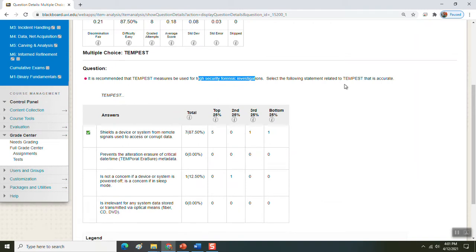Select the following statements related to Tempest that is accurate. Tempest shields a device or system from remote signals used to access or corrupt the data. It's typical. Sometimes a Tempest hardened room is often called a SCIF, or it could be called a Faraday cage. But basically,